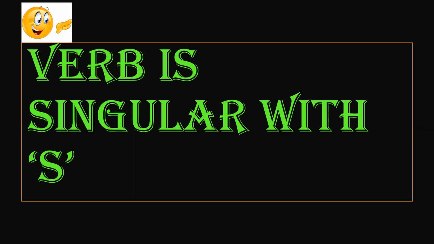There is something which you need to fix in your mind, that verbs which are singular will always have an s with them. Okay, unlike the noun or our subject, whenever we have to make a verb singular, we have to add s. Although this is very confusing for some students, this is very important. If you do not understand this concept, you cannot correct your tenses. Remember that a verb becomes singular by adding s. All right, if you are adding s to the verb, it will become singular.